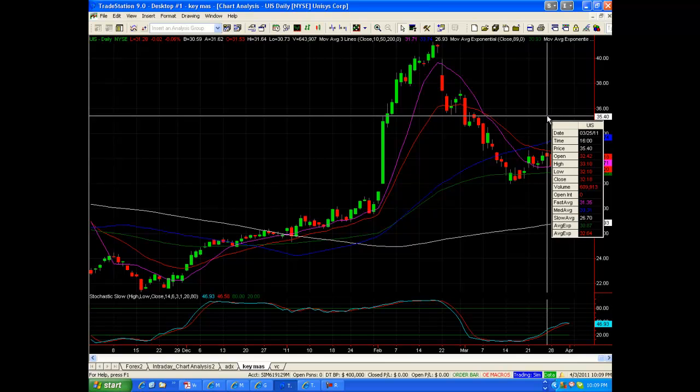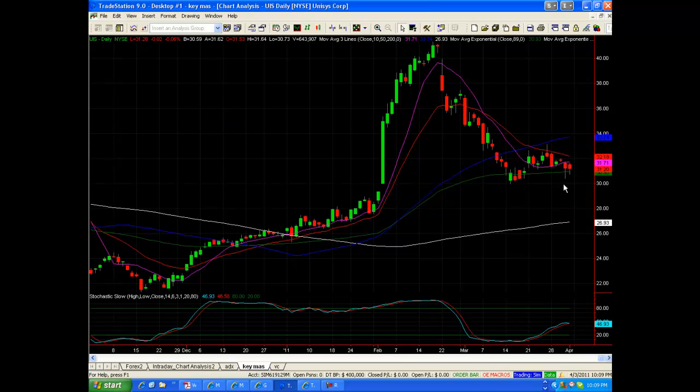Okay, this was a real nice entry on this low. So if it got to 30, I'd probably be locking in a dollar with a stop and seeing how low it wanted to go. But I definitely would not lose money from this point on with UIS. Let's look at